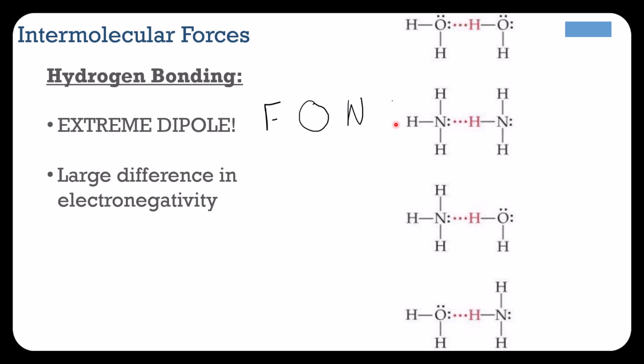So if you guys look at your electronegativity chart, what you'll see is fluorine has the highest electronegativity out of all of the atoms. So very, very high electronegativity, and that's going to cause the biggest electronegativity differences. Very close to fluorine is oxygen and nitrogen, so those also are very electronegative, causing that large difference.